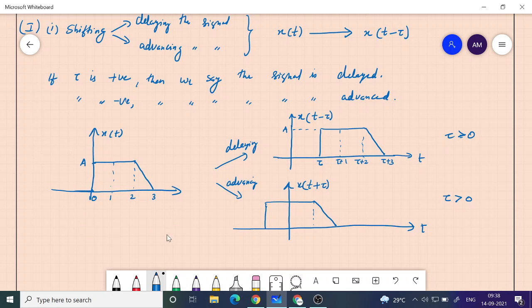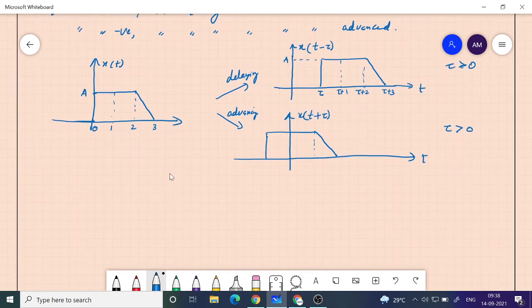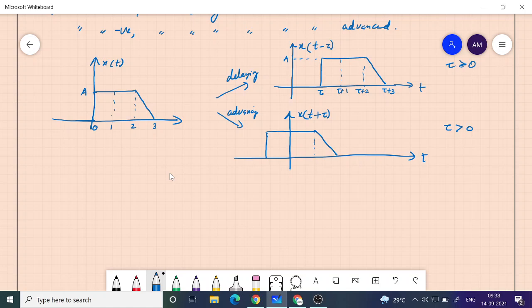So graphically you can see what is happening like this. Now the same signal I would like to perform this mathematically, and come up with the expression for this signal. So first of all, we need to write the expression for x of t. How can we write the expression for x of t? It is equal to A when t is between 0 and 2. Between 0 and 2, its magnitude is A, and then here there is a straight line.